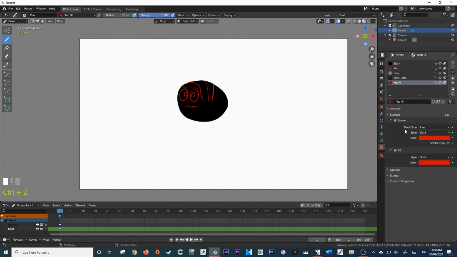There are a lot of different options within these tools, but for now, just keep it nice and simple and don't change any of the options just yet. If you're a bit more intermediate, by all means, you have a better understanding of what these do. So now that we've created a new material, we can start using it.